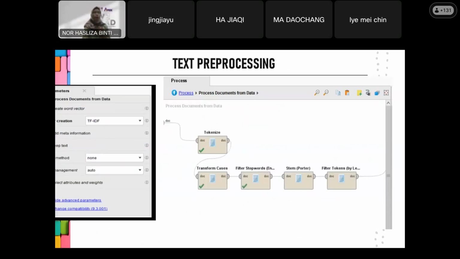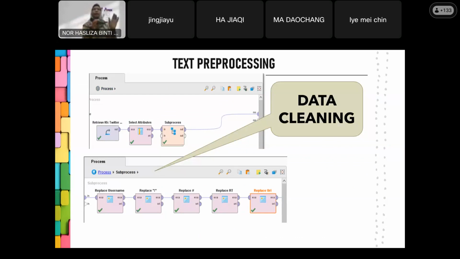If you compare these tools with Python, you can see that instead of writing the code, we just drag the function. But you don't have to memorize it, because programming is not about memorizing.